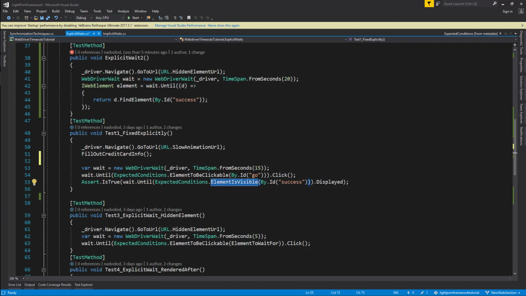And so we're going to assert that this element is displayed. So we're going to wait for it to be visible for 15 seconds and then assert that it's displayed, whether it's true. So rather than talking, let me show you this test executing, and so then you'll be able to